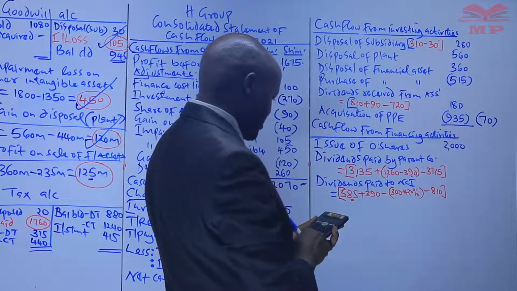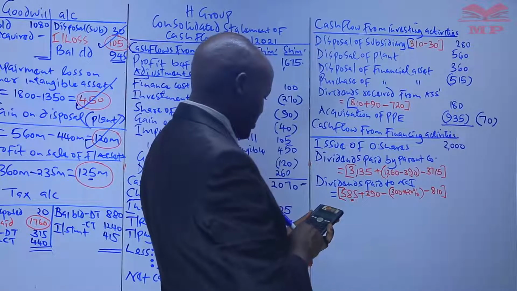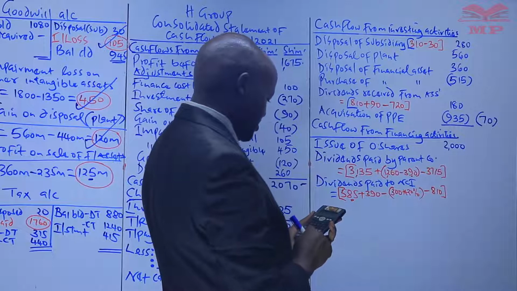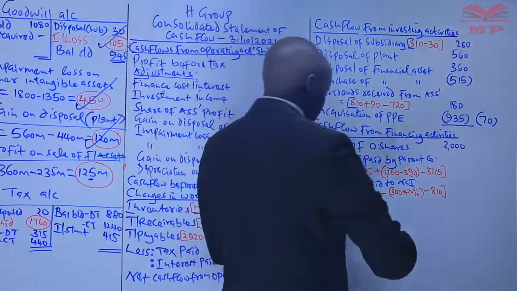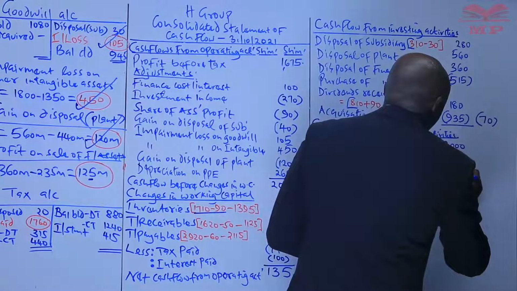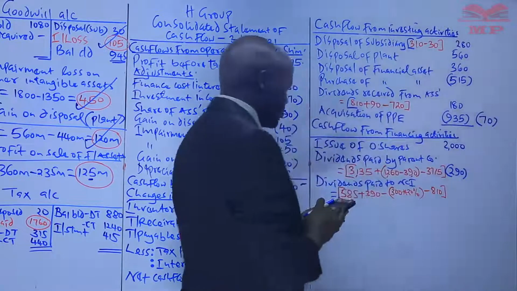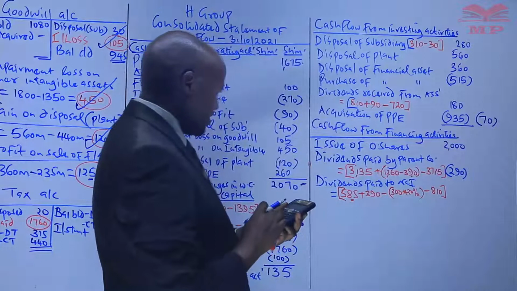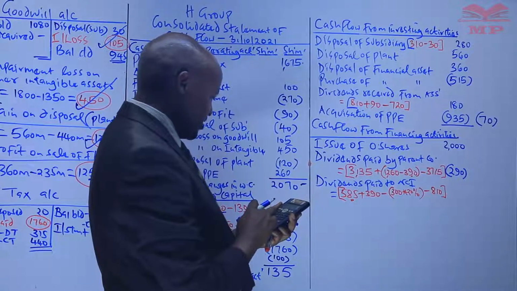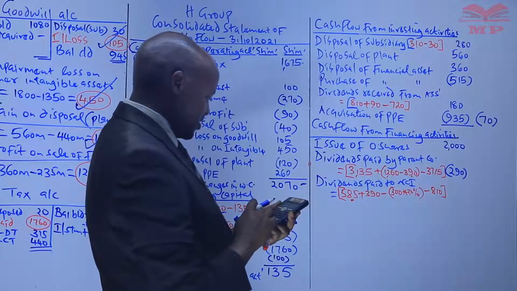Plus 1260 minus 390 minus 3715. That will give us 290. So these are the dividends paid by the parent. Dividends paid by the parent is a cash outflow. And then dividends paid to NCI, 585 plus 390